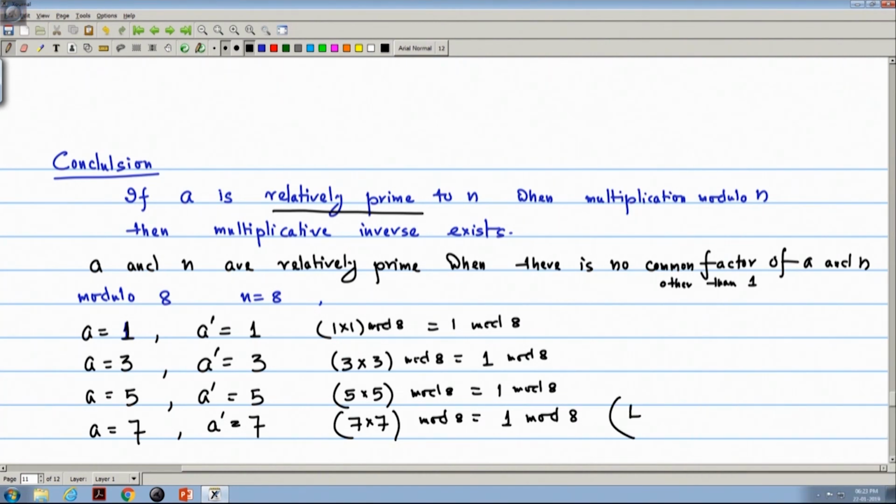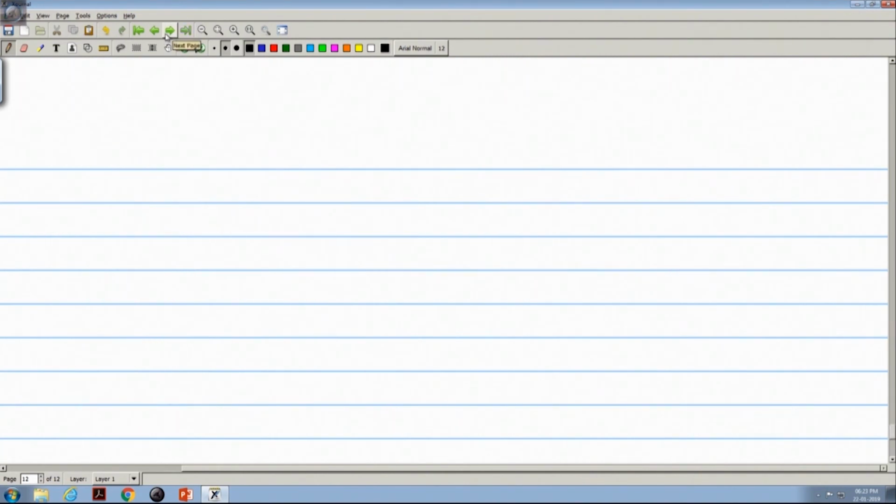If I explain, 7 into 7 is 49, equal to 6 into 8 plus 1. So, when I take modulo 8 it will be 1 only, because there is no remainder here. So, 49 modulo 8 equal to 1 modulo 8. Similar thing for the other 3 examples. So, now if we tabulate,